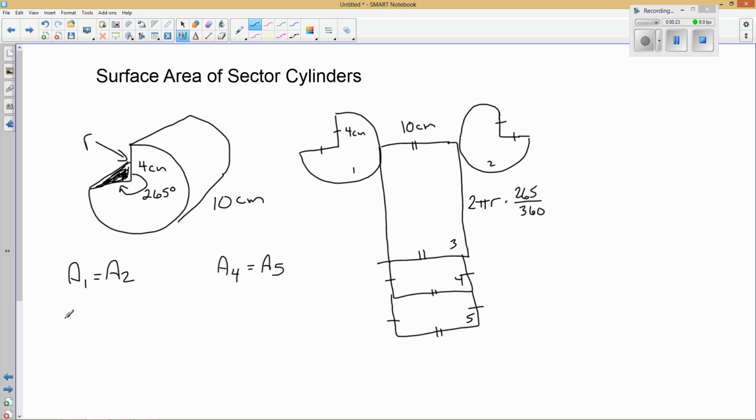And then you can just go, I'm going to change that to a thin pen. SA is equal to A1 times 2 plus A3 plus A4 times 2. What you're going to do now is sub in the equations for the areas. So it's the equation for area 1. Well, area 1 is the circle sector, and we have 2 of them, so we have 2 times